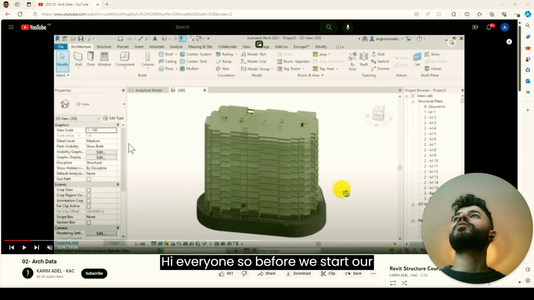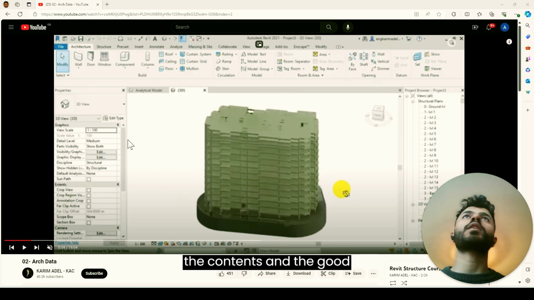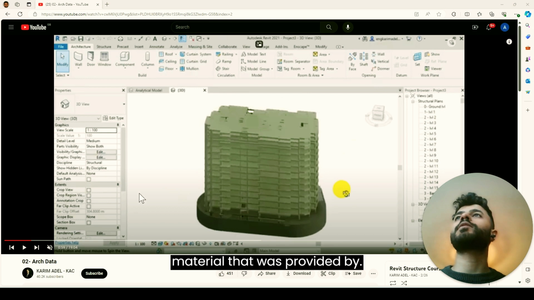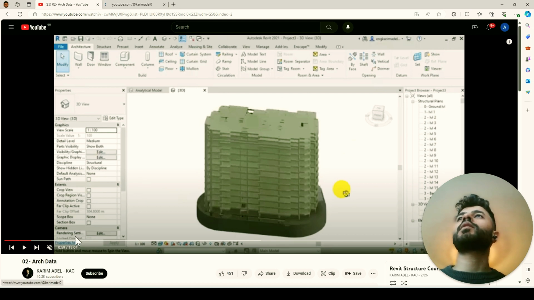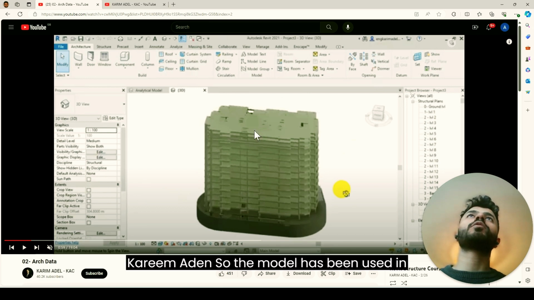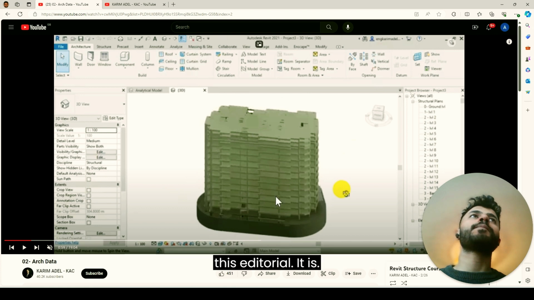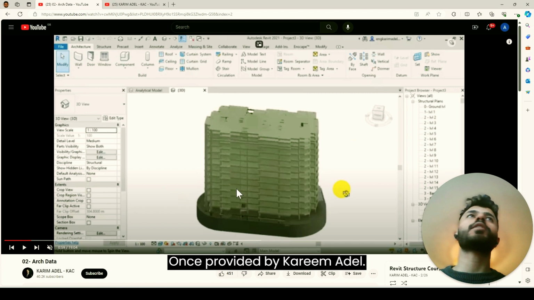Hi everyone. Before we start our project, I just want to acknowledge the contents and the good material that was provided by Karim Adam. So the model that has been used in this tutorial was provided by Karim Adam